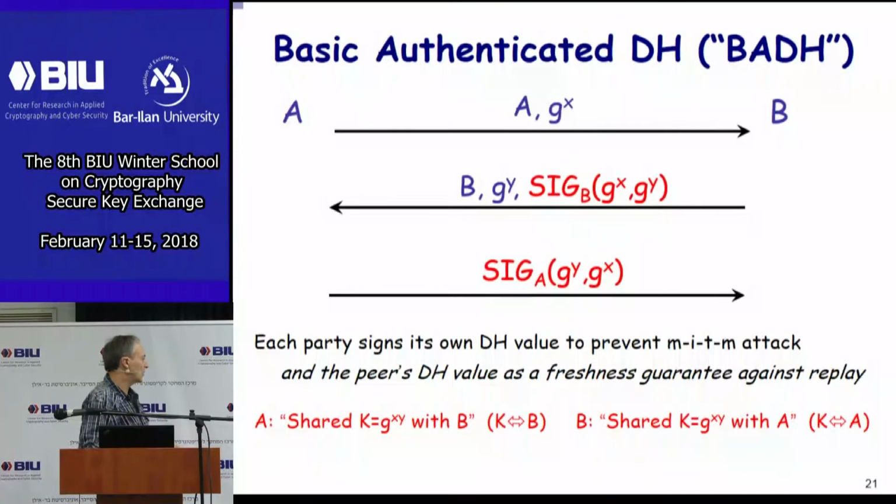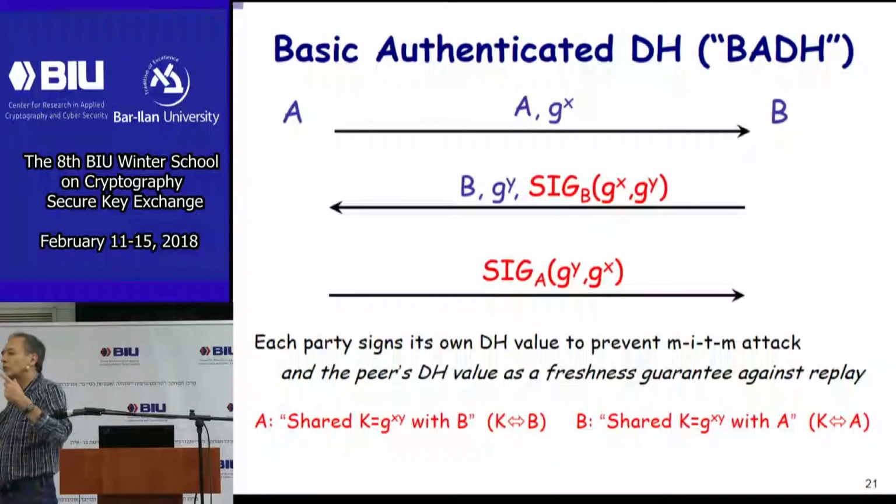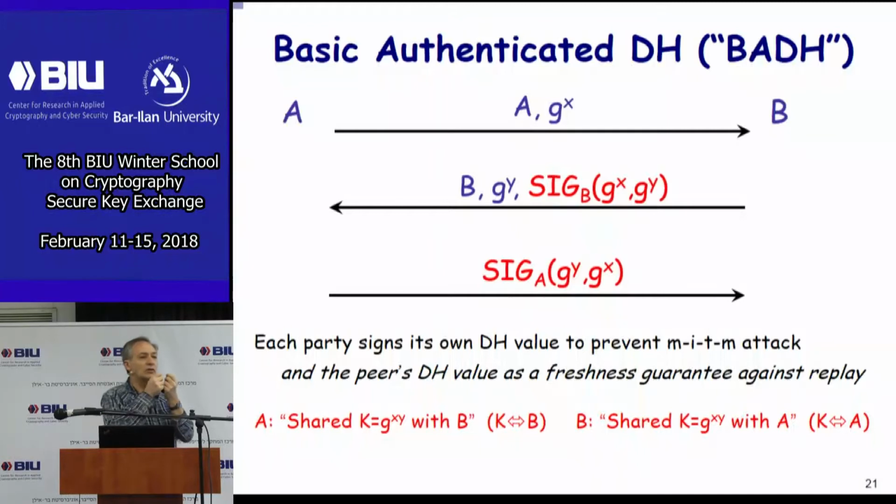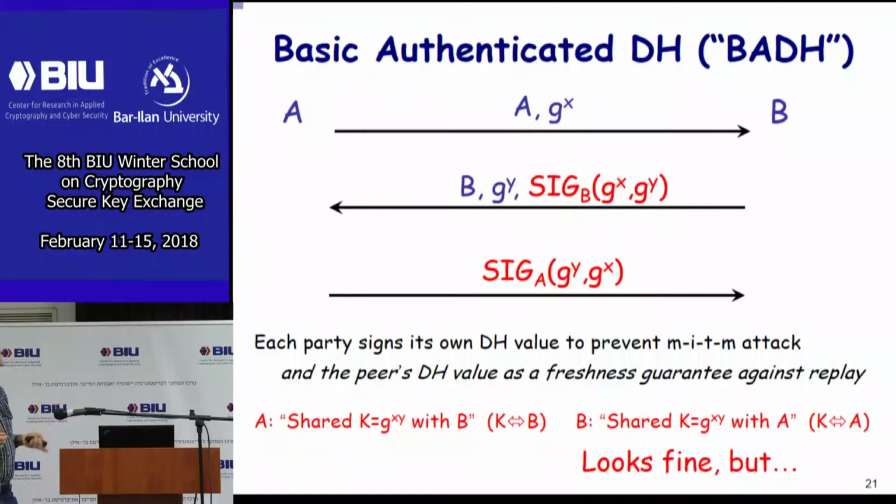And same thing for Bob. He says, I share the key G to the XY with Alice, and the key K represents Alice. Okay? So there is this consistency: not only do the two of them know K because they chose the Diffie-Hellman exponents, they also have a consistent view of who they were talking to. Okay? Looks fine, but